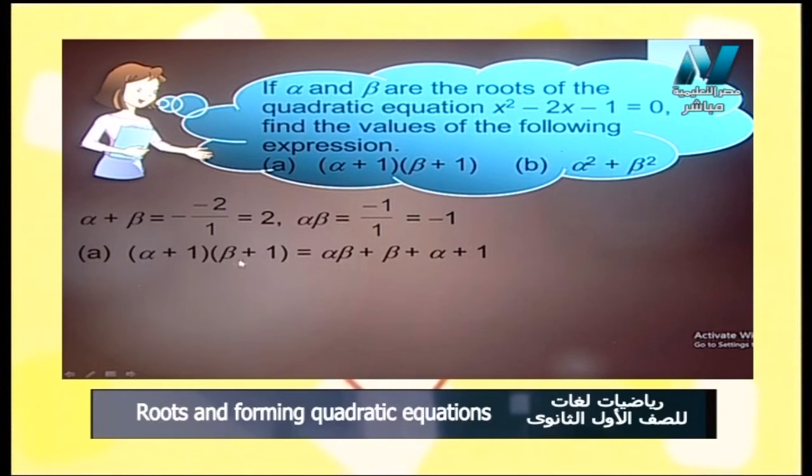Alpha times beta equals alpha beta. Alpha times 1 equals alpha. 1 times beta equals beta. 1 times 1 equals 1. And